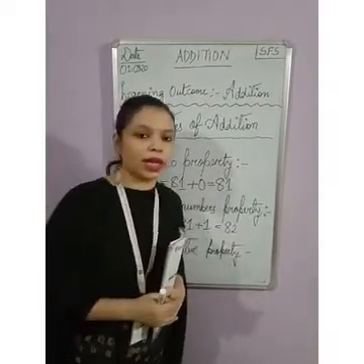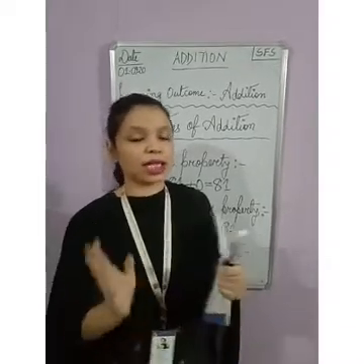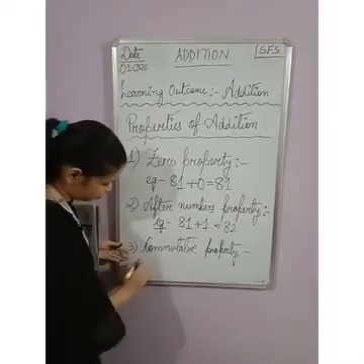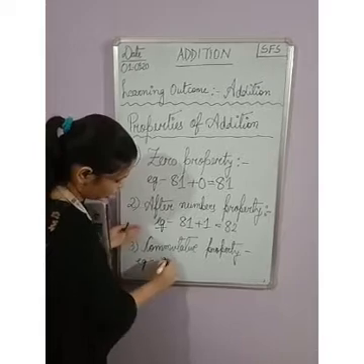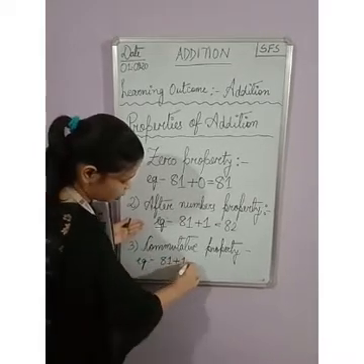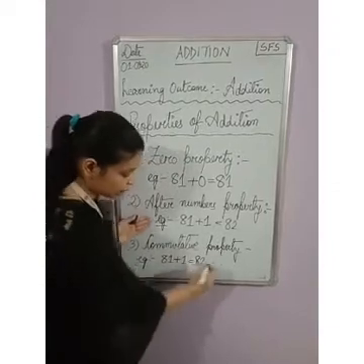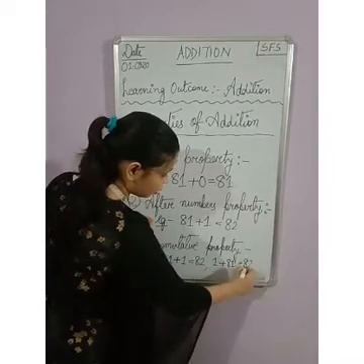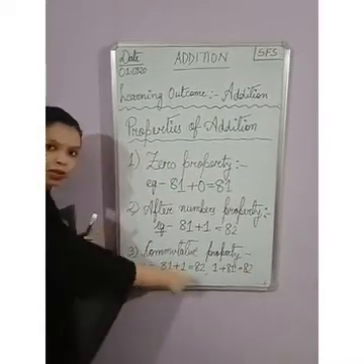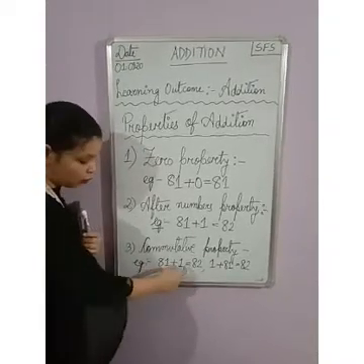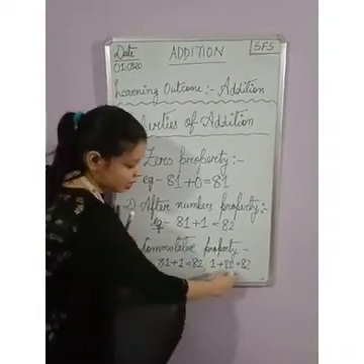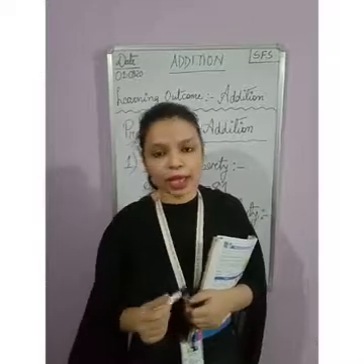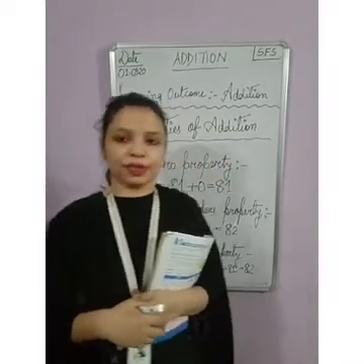The third is the commutative property. Commutative property means that when we add two numbers and change the position or order, we get the same answer. I am taking the same example only. 81 plus 1 equals 82. Similarly, 1 plus 81 equals 82. In the first, 81 is first and 1 is second. In the second, 1 comes first and 81 goes second. So even when changing the position, the answer will be the same. So these are the three properties of addition.